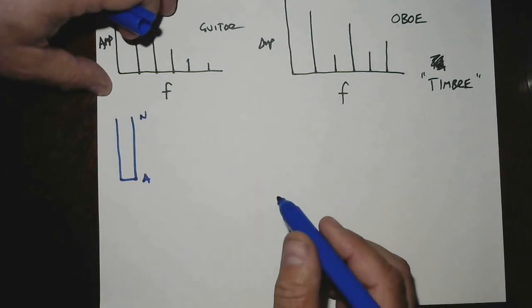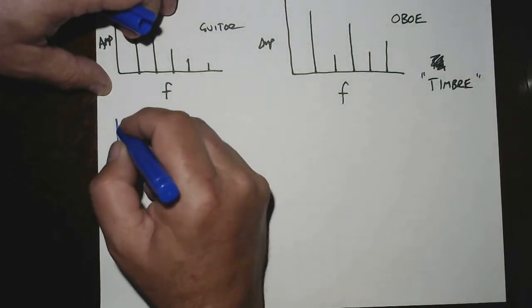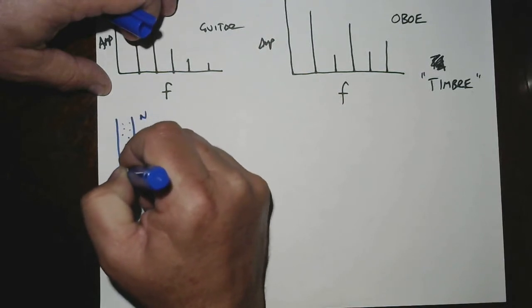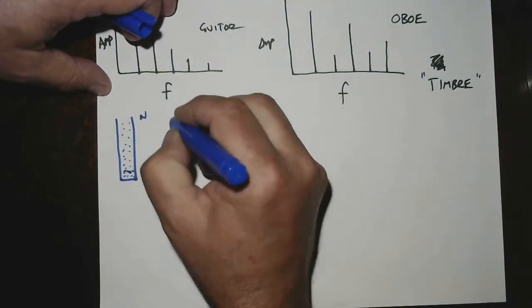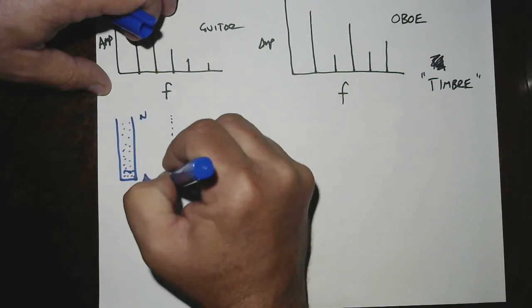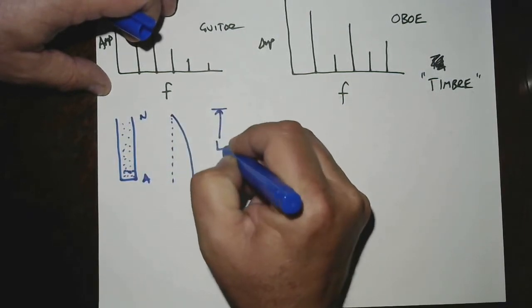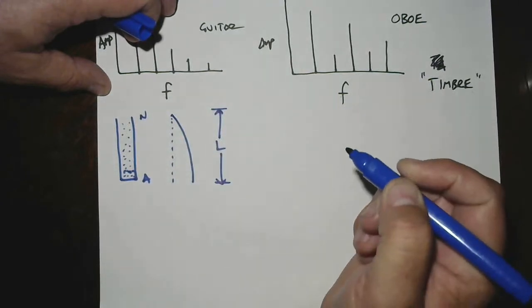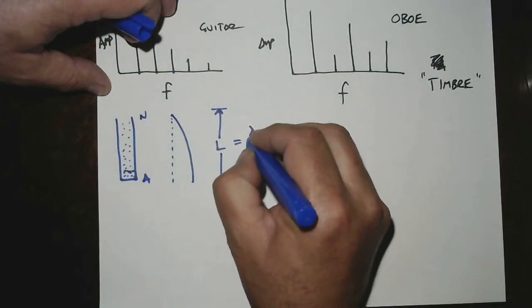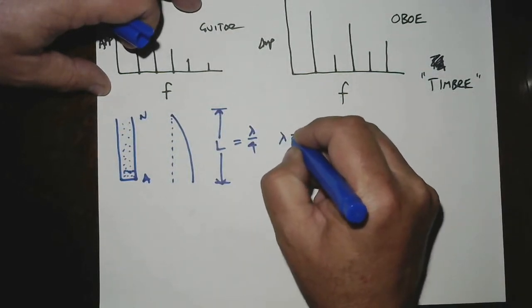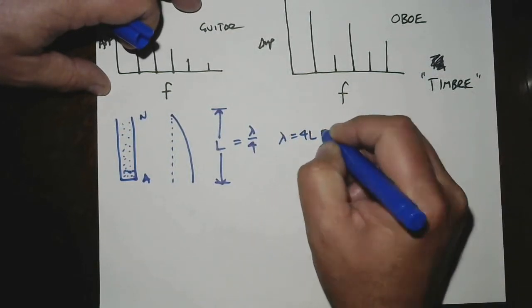So what's the simplest thing you can put inside of a closed pipe? Well, a node has average density, and then we're going to slowly increase in density until we get to very high density at the antinode. A graph of that density or pressure would look like this. And now the length of the pipe doesn't have half of a wave in it, it has a quarter of a wave. And if we do the math, we're going to find that lambda is 4 times L,